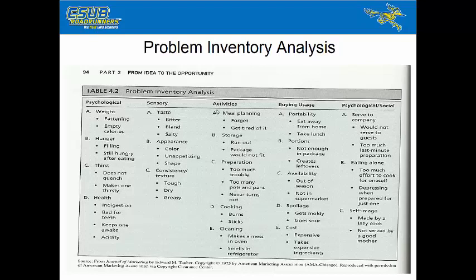Preparation. So I don't like to cook that much. It's too much trouble. Too many pots and pans to clean up afterwards. It never quite turns out the way I want it to, although I do make a pretty good stir fry. That usually turns out the way I want it to. But sometimes, the problem with cooking food is that you can't quite get it right. I think that's the problem a lot of times with baking. Baked goods are really tough to get exactly right when you cook.